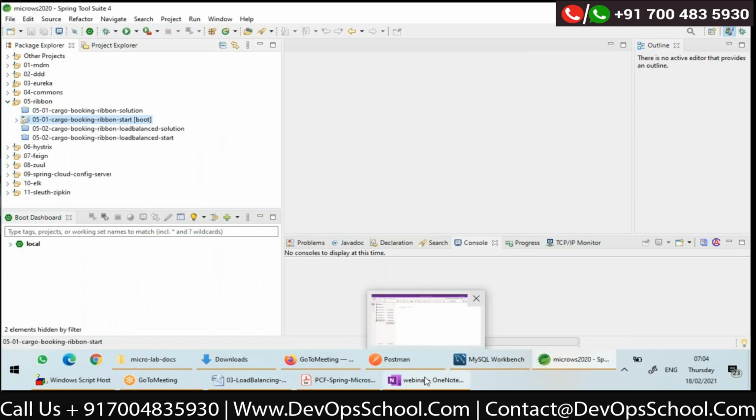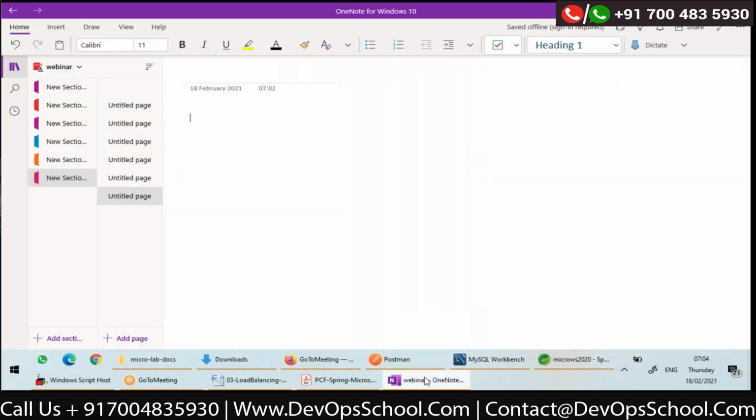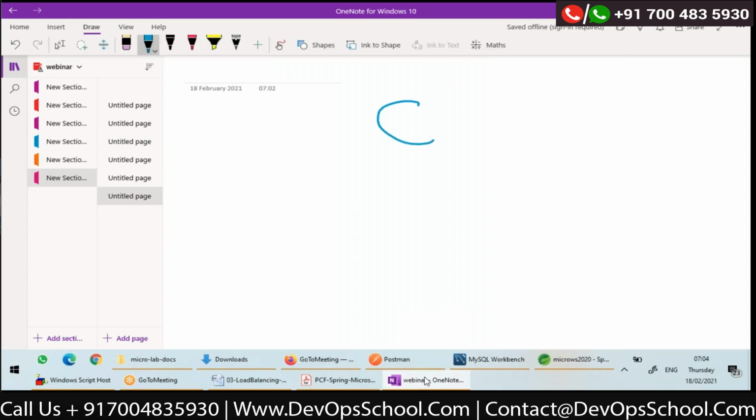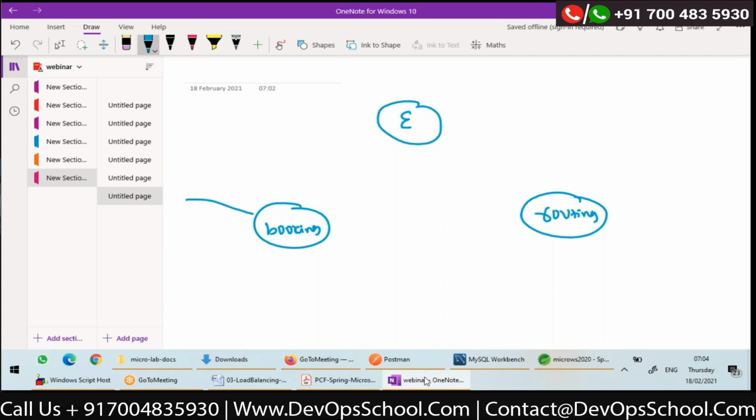So firstly, load balancing. Let me explain you here. Let's assume that this is Eureka and this is my booking service and this is my routing service. Yesterday what I did is, whenever a new cargo is booked, booking service will create a cargo aggregate and store it inside the database.